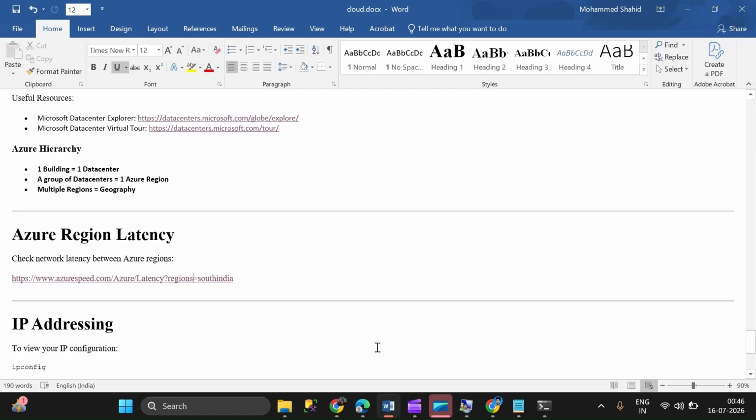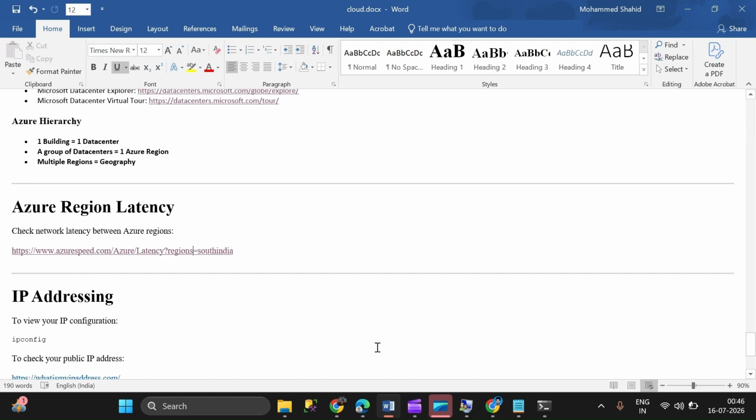For example, if you have a private IP, then you have to enter the Azure network, and only then can you connect. We can connect with that also, but we have to create a VPN and so on. I will let you know about that. So for now you can